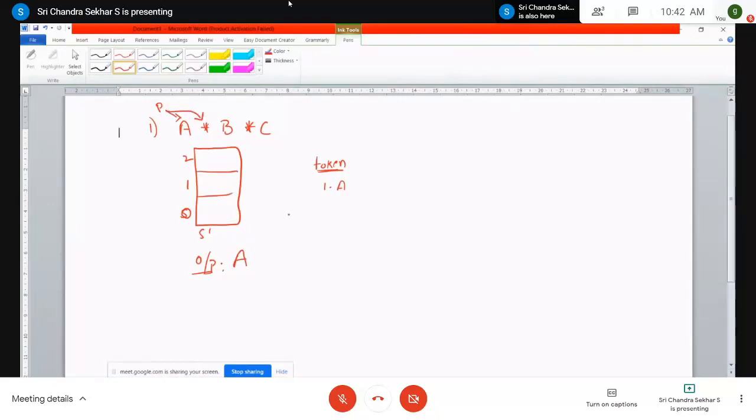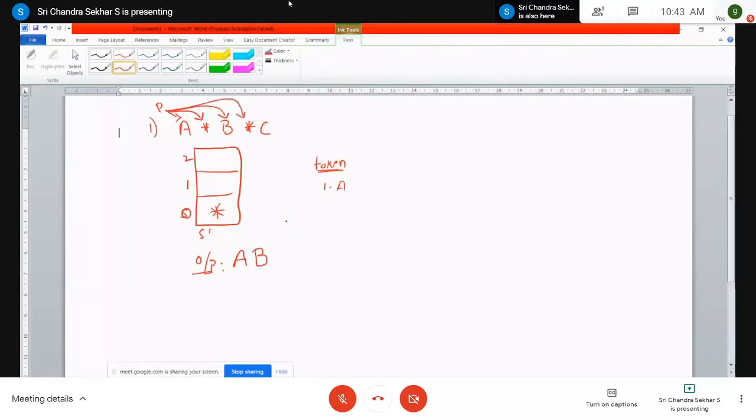Now it is an operator. Whenever it is an operator, go to step 4, which says that you have to check whether the stack is empty or not. If the stack is empty, then it is a direct operation that you have to push it onto the stack, right? After that, you increment the pointer P such that it points to the operand B. Whenever it is an operand, you place it in the output. Increment the pointer such that it points to the star operator.